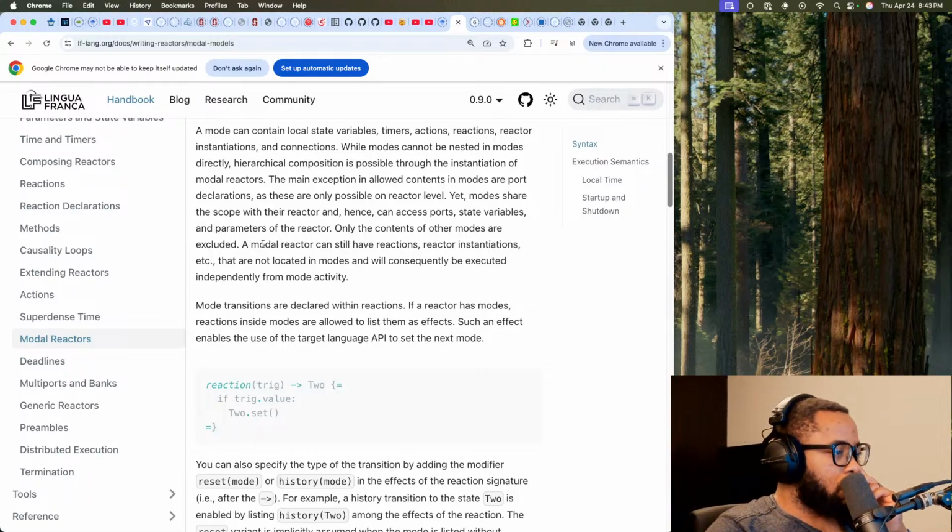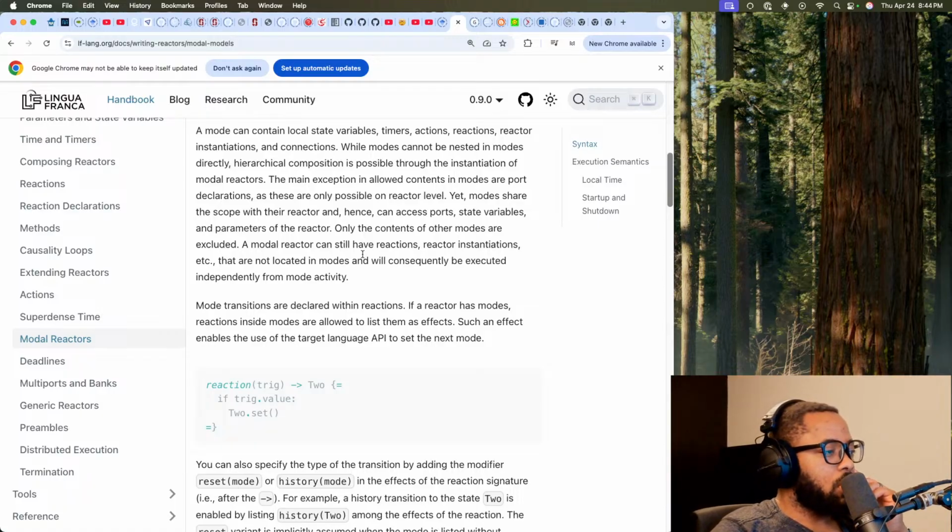That makes sense to me. Oh, and it can have its own reactions and reactor instantiations. Interesting.